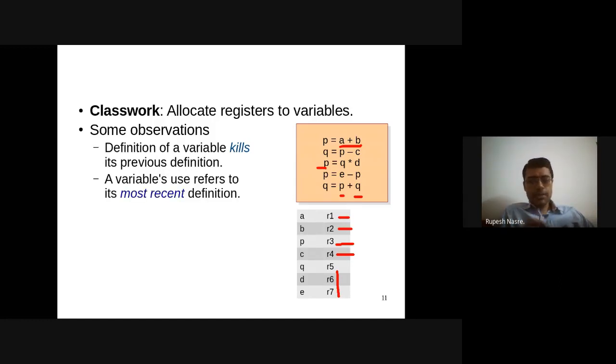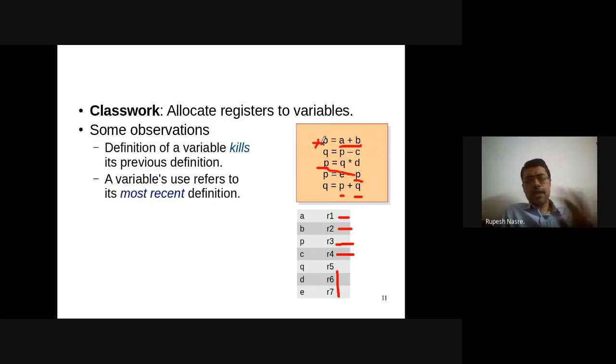A variable's use refers to its most recent definition. So if I am using this P here, this P refers to the P's definition in the previous instruction and not the one here.